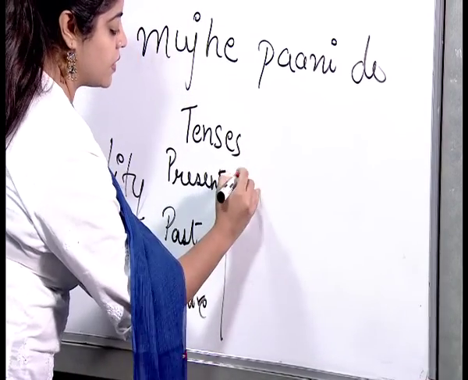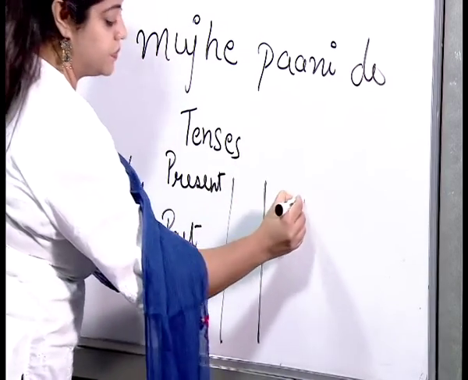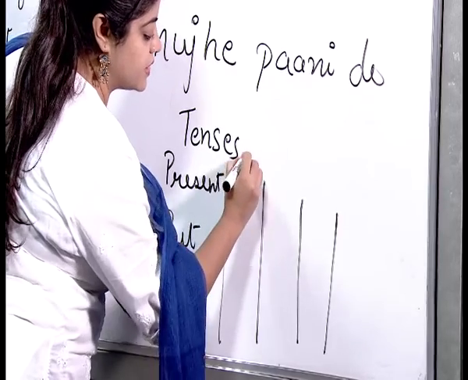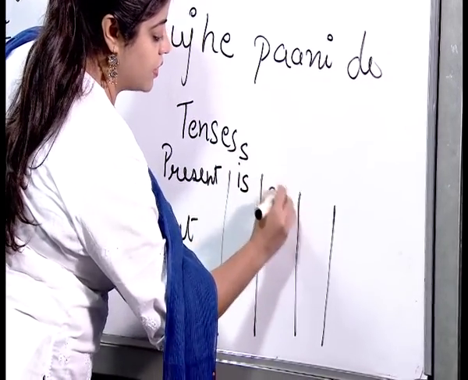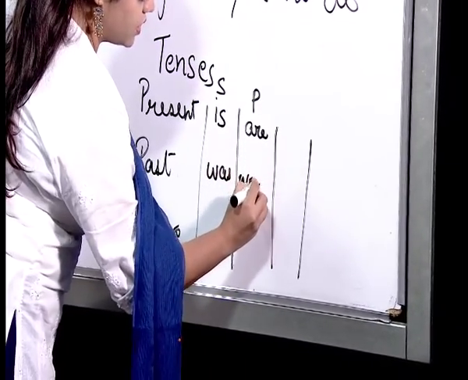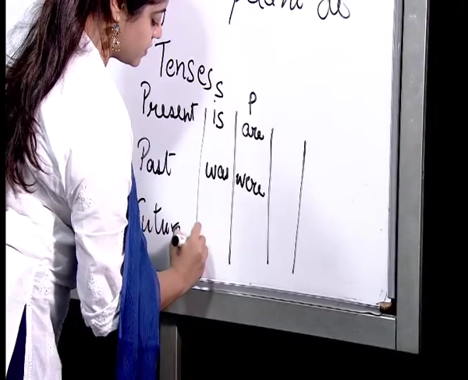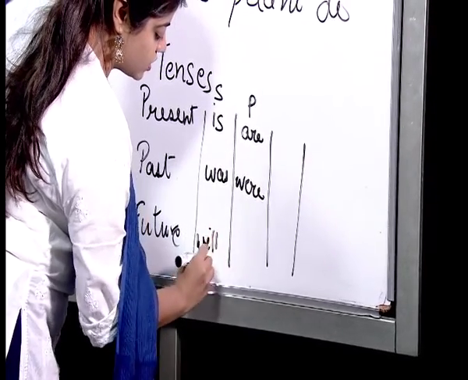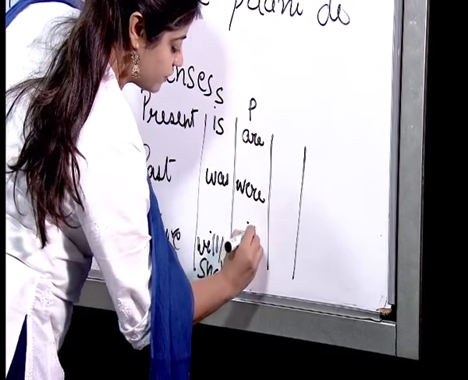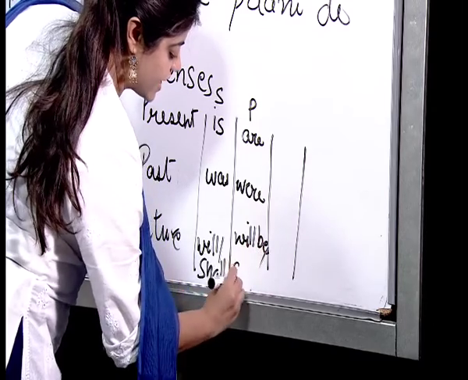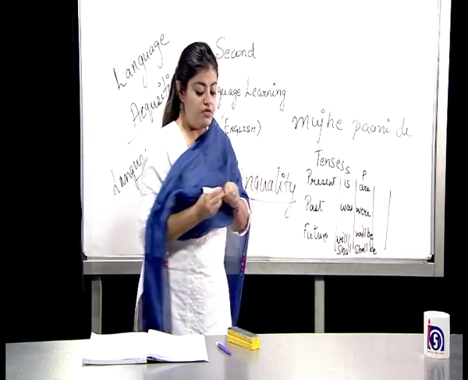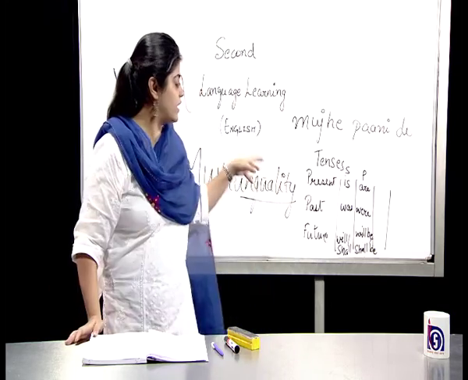So is in singular, are in plural, was in singular, were in plural, will or shall in singular, will be or shall be in plural. So if you remember our primary classes, this was the way that we used to learn about